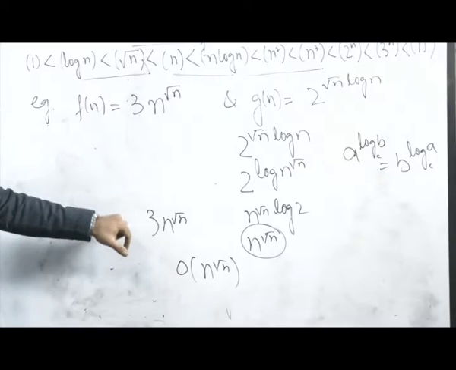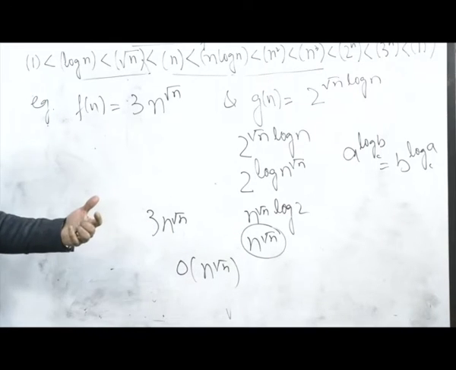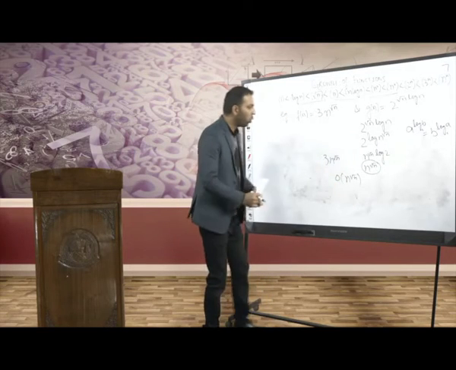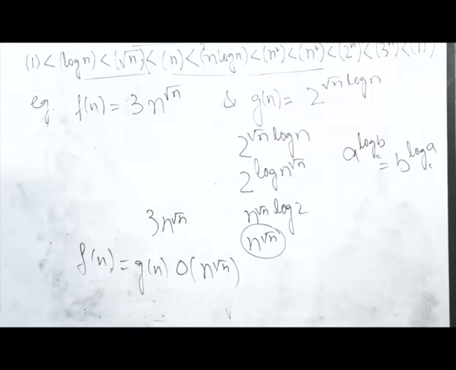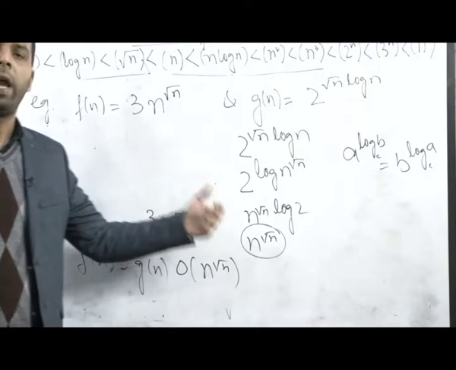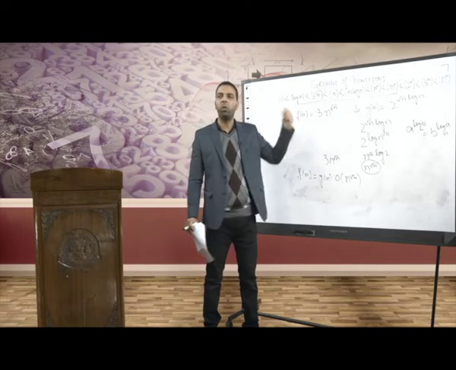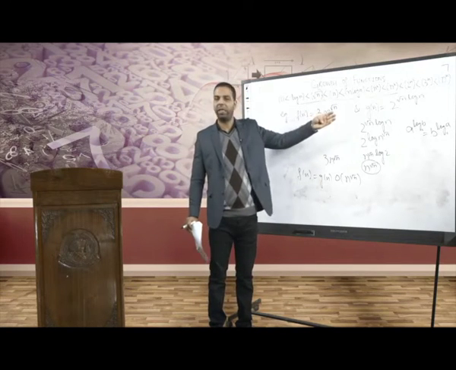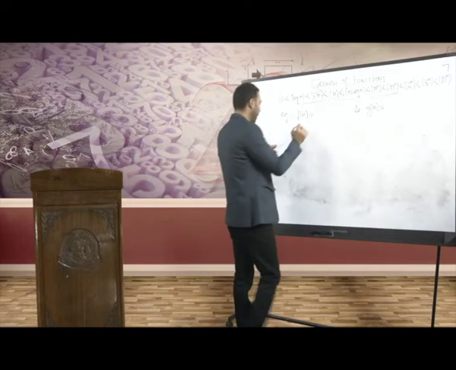Value wise this one is greater, but asymptotically both have the same degree, the leading term is the same, that is n root n. So f of n is equal to g of n asymptotically. Value wise this one is greater. And in previous examples, why did we say f of n is greater than g of n or g of n is greater than f of n? Because in those examples we took logs, we didn't solve. If you solve the time complexities without using logs, and the leading terms have the same degree, then they are the same. So as in the last example, we'll take a very simple example,